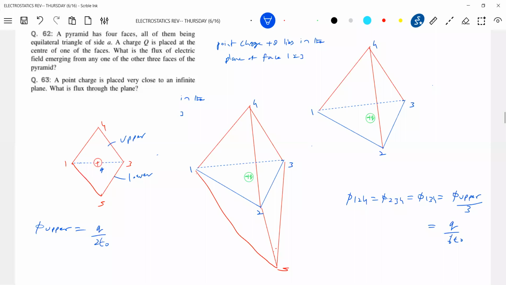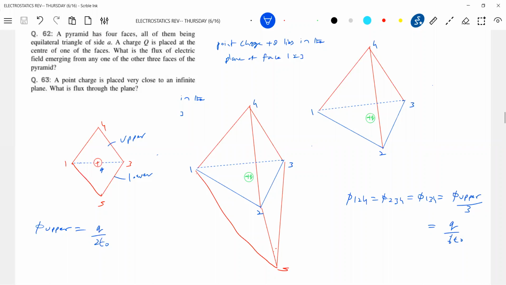So I'll place this charge in the cuboid, in the square, in the sphere, in the hemisphere, in the cone, in a prism, in the pyramid. Different closed structures you are going to place. What about the flux linking the faces? Better, I think, prepare some 10 or 15 well-defined objects, so that in the exam, if anything comes, you can directly pick up the answer. No need to analyze. Okay, this is about the answer.